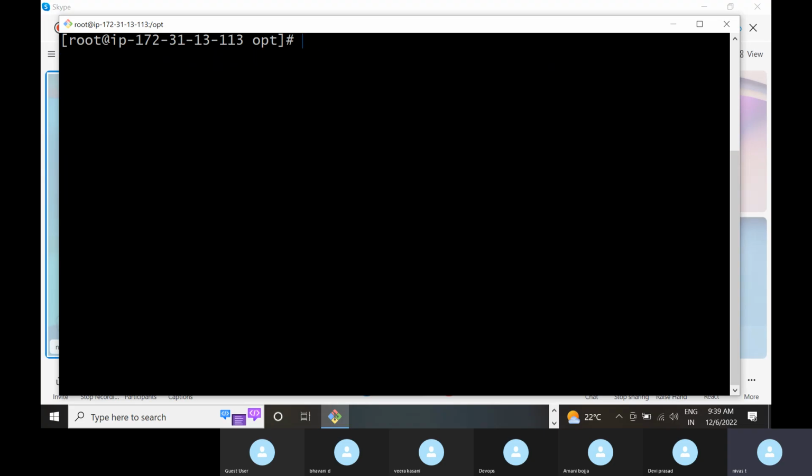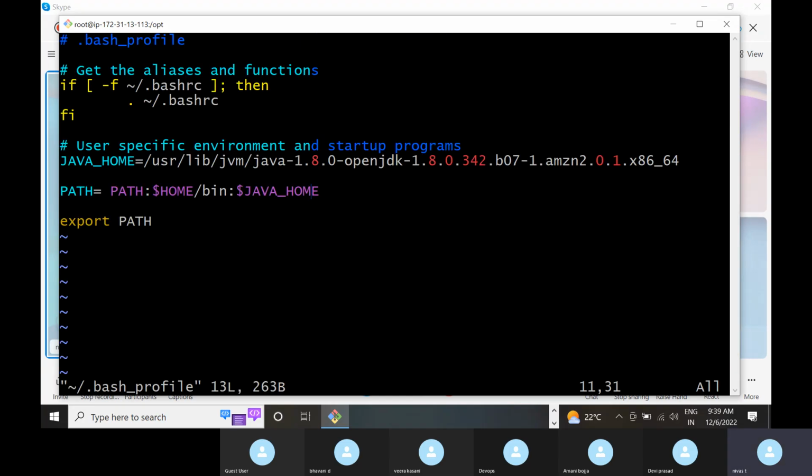We need to set up the environment variables in the bash profile so that whenever you fire any Maven related command, Linux can understand it. For this, go to the .bash_profile. Now I'm just going to